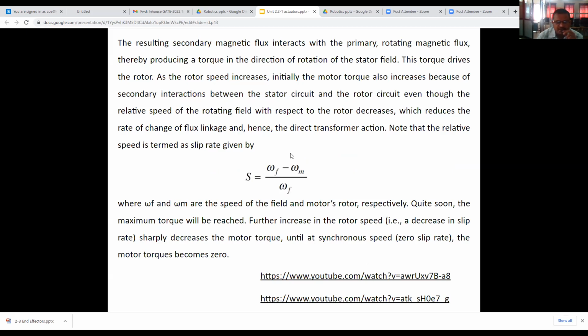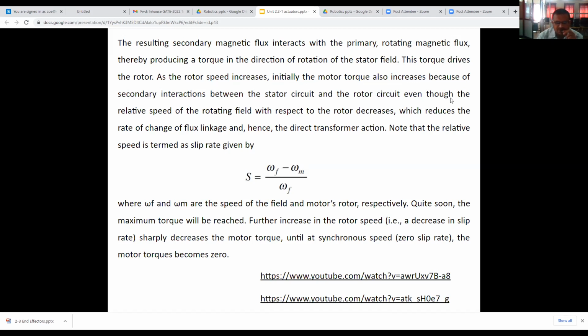The resulting secondary magnetic flux interacts with the primary rotating magnetic flux, thereby producing a torque in the direction of rotation of the stator field. This torque drives the rotor. As the rotor speed increases, initially the motor torque also increases because of secondary interactions between the stator circuit and